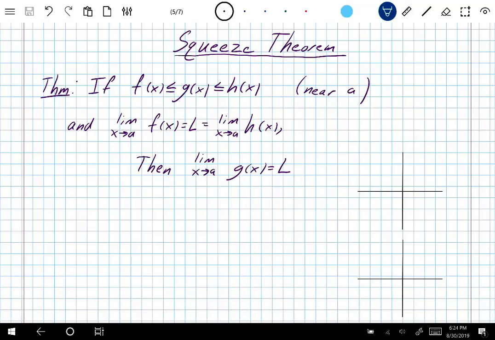And that's what this last line says. Then the limit as x goes to a of g(x) equals L. So if I can bound it below and I bound it above and both those bounds agree, then I actually know the whole thing. Okay, I'm going to give you an example in just a second, but why is this